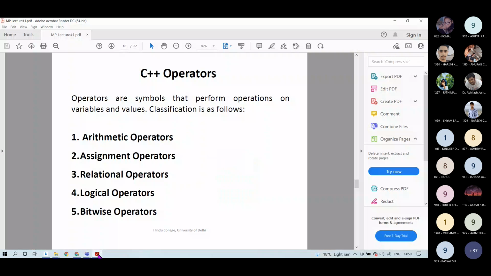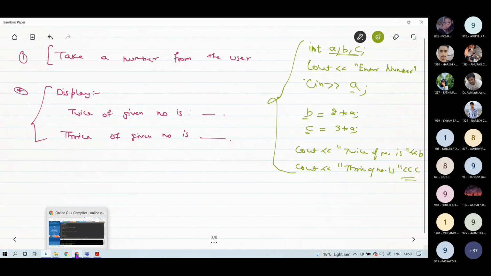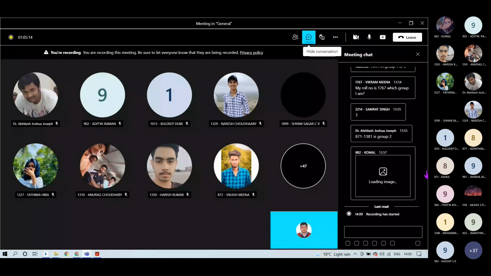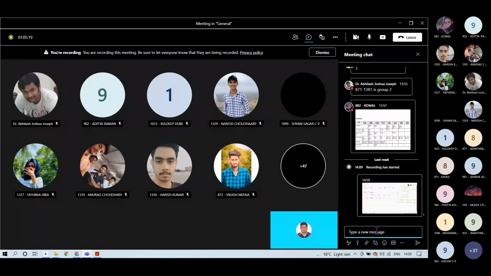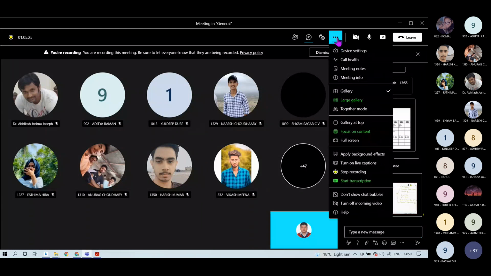I will give you the requirement as well as the solution of this program. You can see in your chat box I have given you this problem. You have to do this within 10 or 15 minutes. Take the screenshot of your